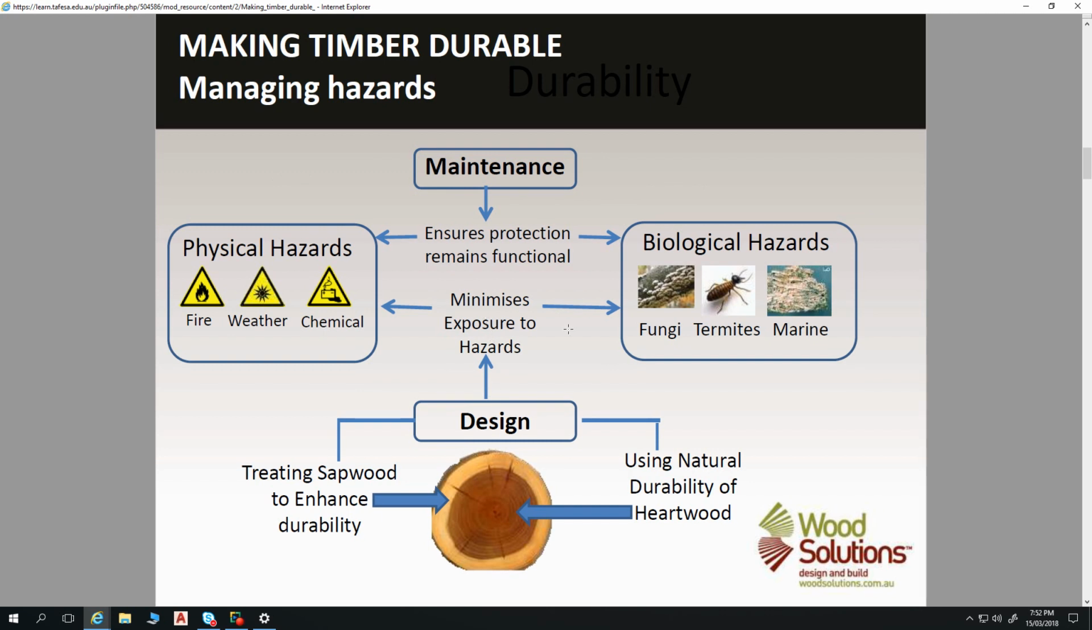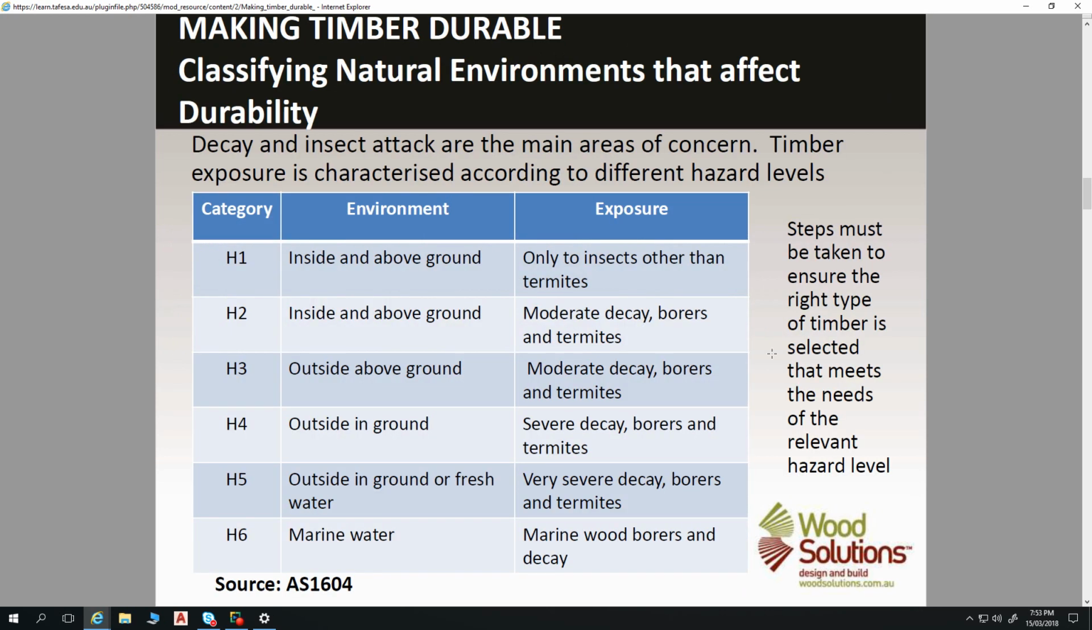So we can design in a way that makes it very difficult for termites to get to the timber, or we can design in a way to ensure that the timber is not exposed to those physical hazards. And we can choose types of timber that will be resistant to either those physical hazards or the biological hazards. The way we choose those timbers,